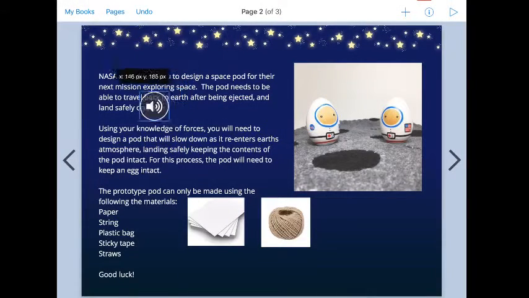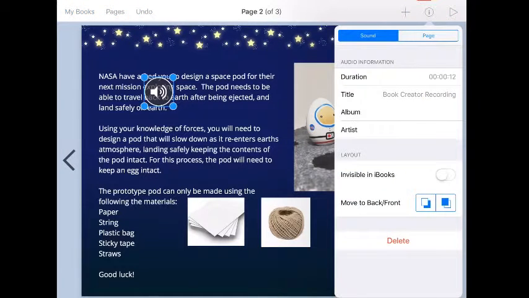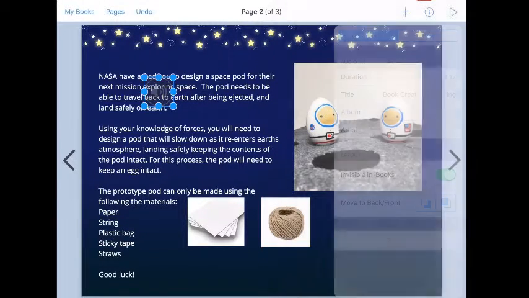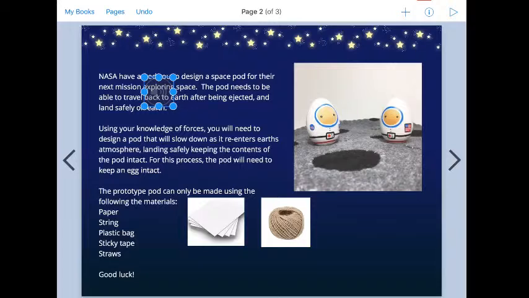Now what I could do, if I tell my class how to do this, is I could put the sound button there, hit the inspector button, and then move it to the back and make it invisible in books. So what you can see now is I moved it behind the text, but it's also invisible in the book. So when I press play,